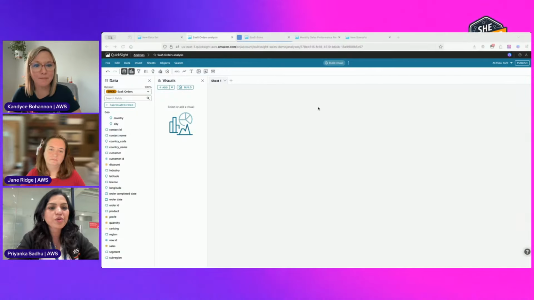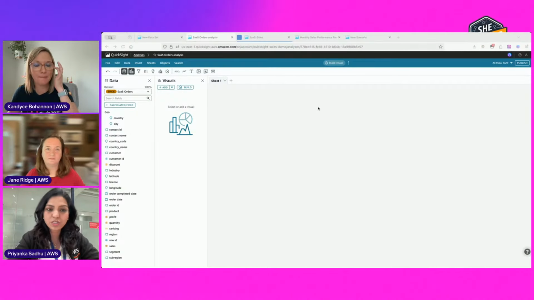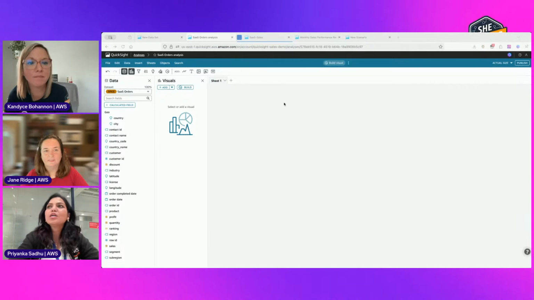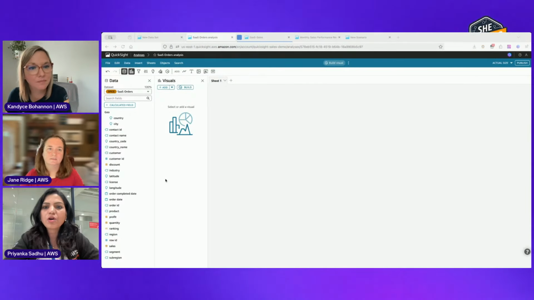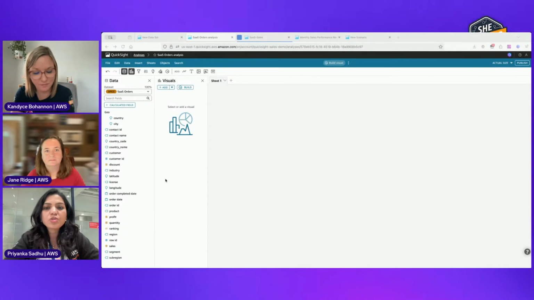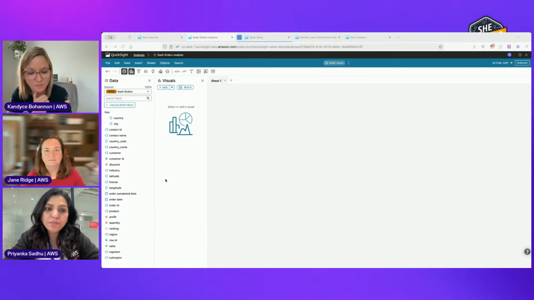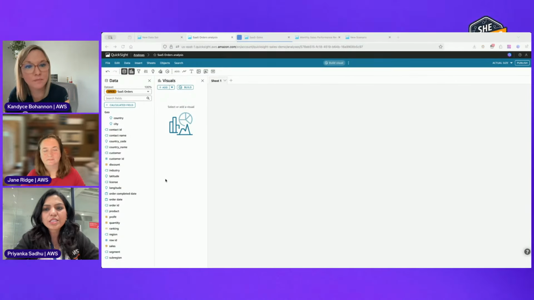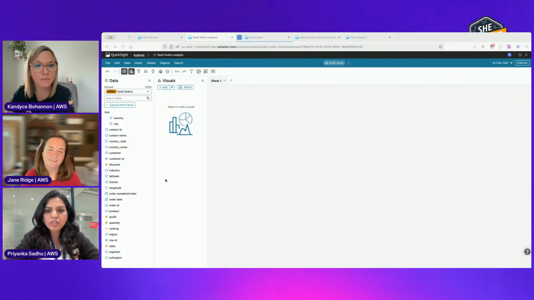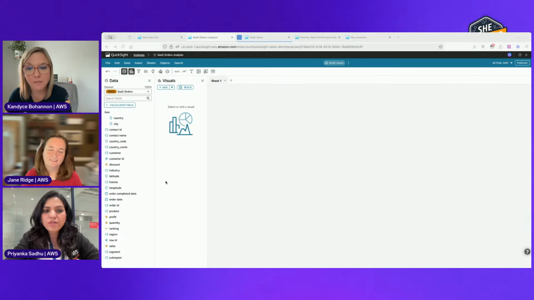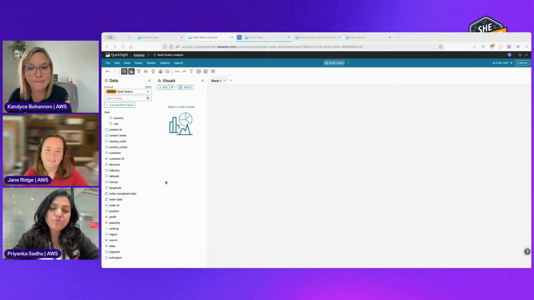This is where, from Q for Business, you would come into QuickSight. For today's analysis, we're going to use a data set called the SaaS Orders data set. SaaS Orders is basically a SaaS company called Ambient Technologies, which sells sales and marketing data to organizations around the world. So this is what the data set is like today. Before we begin, we are going to look at what the two different personas are.